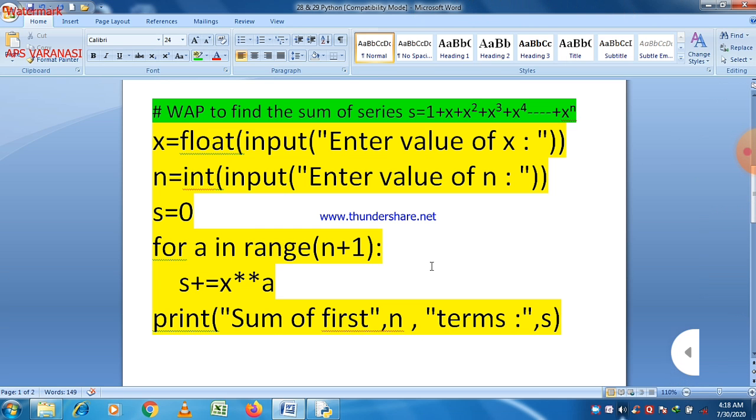Now, to make this program, we have to take two variables, x and n: n for power and x for value. Here x may be an integer value. I take a float value, but you can take an integer value. Then x is equal to float input, enter value of x, and then n is equal to int input, enter value of n. So n is an integer value and x is a float value here, and